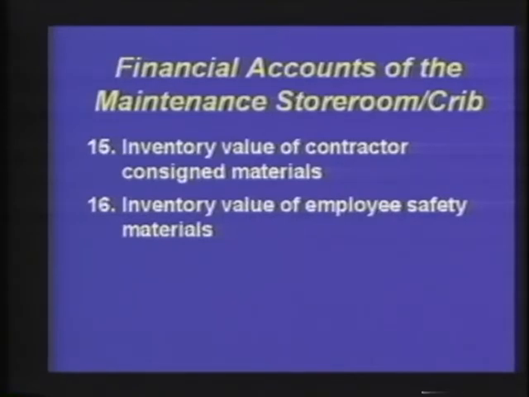Item 16 is the inventory value of employees' safety materials, and that would pertain to anything that the storeroom requires relative to safety apparatuses such as helmets or eye shields, earplugs, clothing that may be required when I'm moving material of a hazard nature, any boots, gloves, and so forth. Also, item number 17